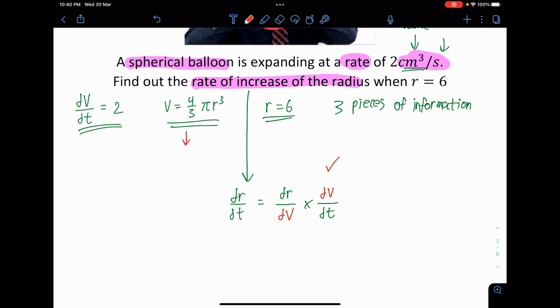You see here, every time you have an equation in a rate of change, the purpose of that equation is only one, to be differentiated. I mean, come on, this is the application of differentiation. Certainly there will be some differentiation, am I right? So let's differentiate this. I got dv dr. Just like how I actually taught you earlier, the variable is v and r, and v is the subject, so I need to put dv over dr equals 4 over 3 multiplied by 3 pi r square. Cancel, I'll get 4 pi r square.